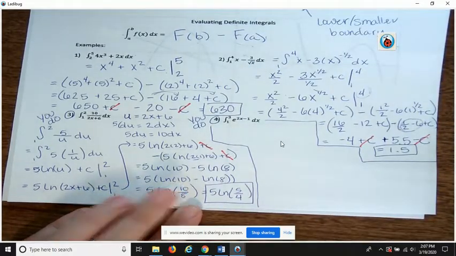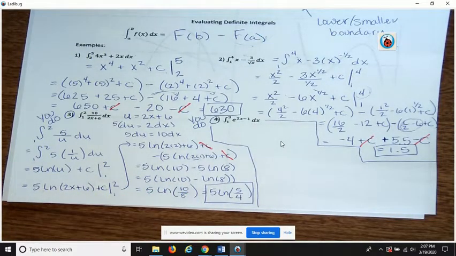Okay, this number 4 is going to have not very much space. Okay, so for number 4,